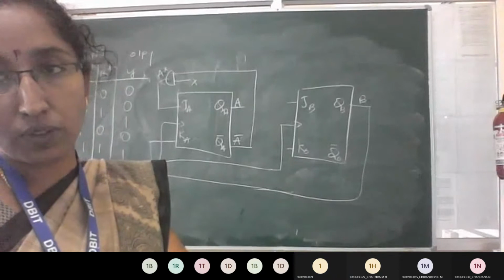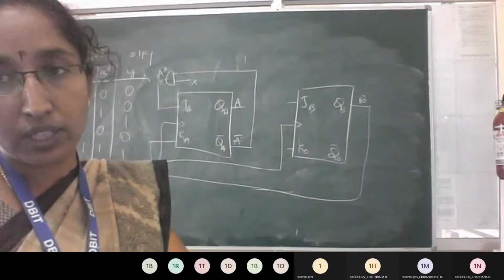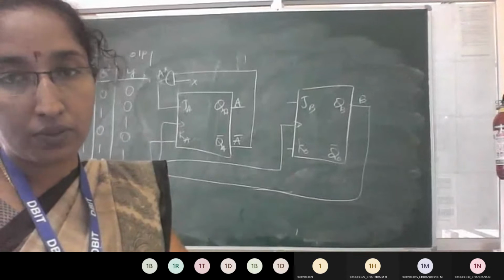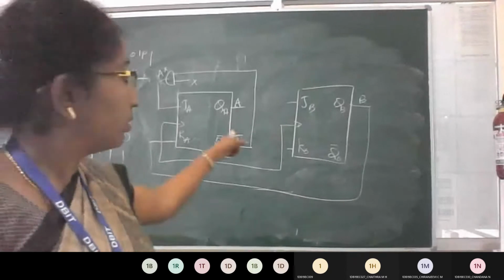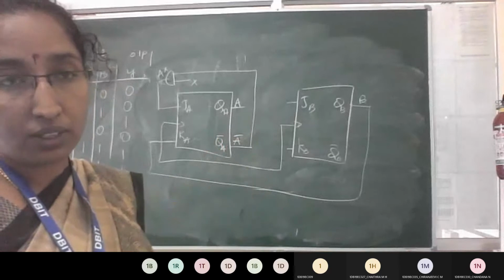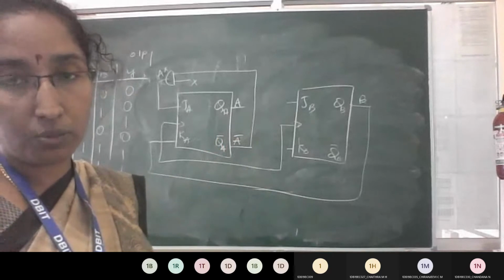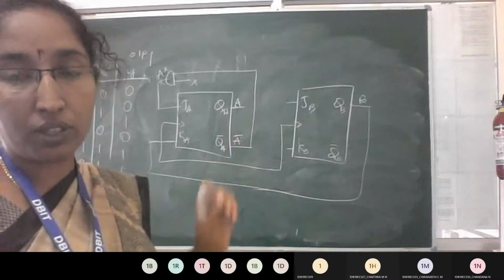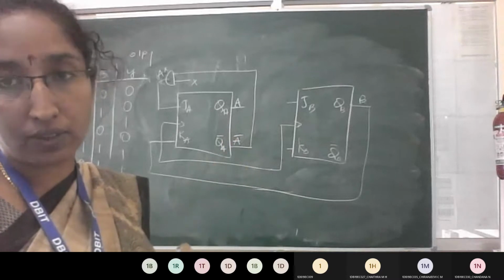Okay, this is the first version of state diagrams. Next, they will give you a sequential circuit. From the circuit you need to get to the state diagram, just the reverse of it. In that, you have to write what the inputs and outputs are from the diagram. Then you need to remember the characteristic equation.